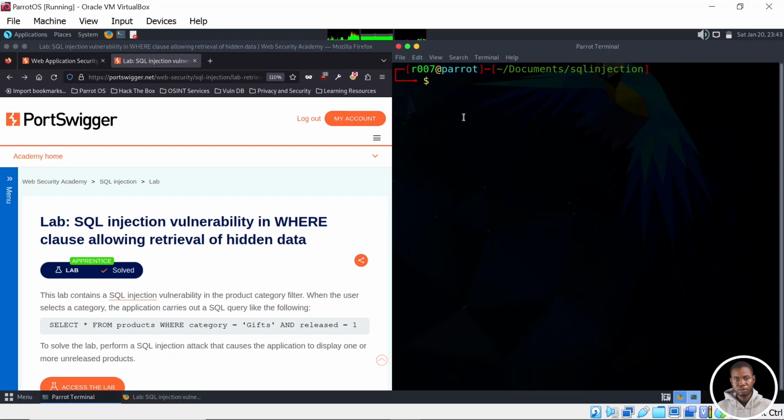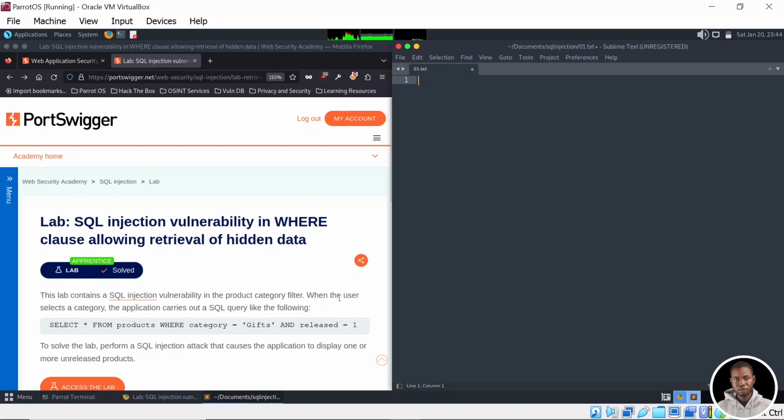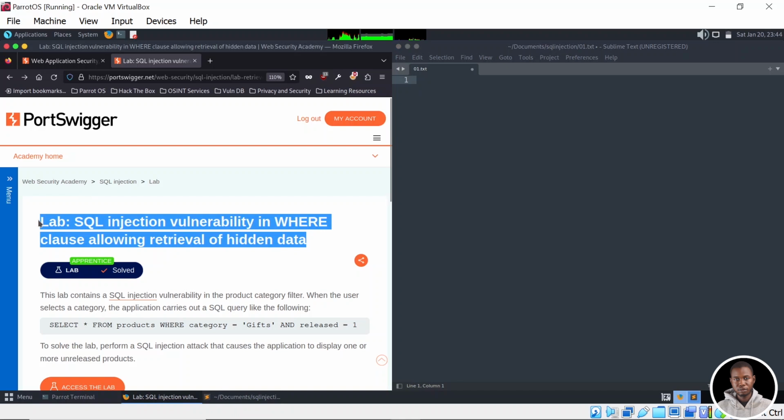So I can quickly go ahead and open a text file, and let's call it 01.txt. All right. Now we know that we have an SQL injection vulnerability in the product category, so we can quickly document that. But first, let's quickly add the title of the lab. Then other information we have is SQL injection in product category